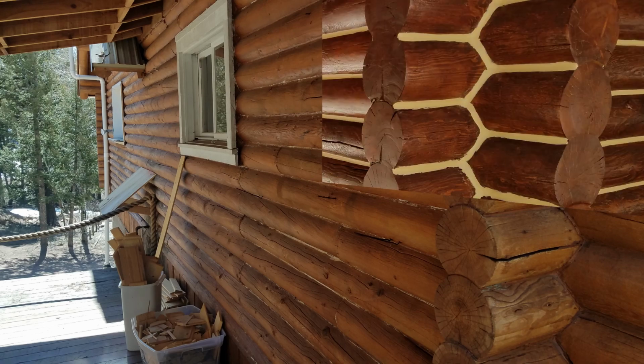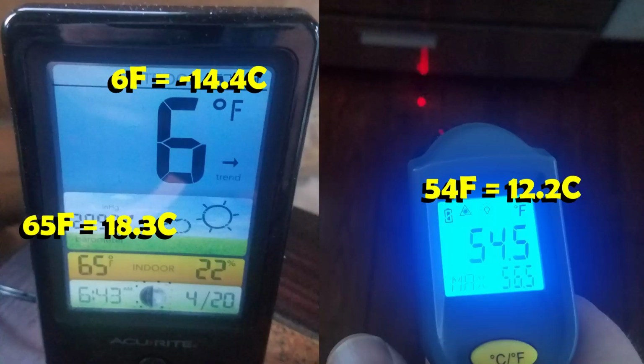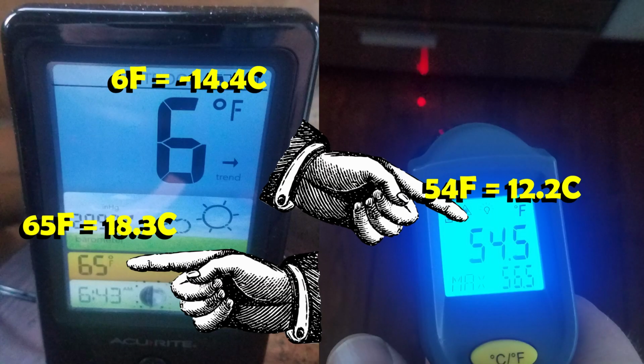The logs are done, and the old crooked house looks like a shiny new penny. And better yet, when we have a real cold snap, the house stays warmer. Well, before, when it was single digits outside, the living room would be in the 50s and the kitchen would be in the 40s. We still need to get some newer windows and doors to really keep the cold out,